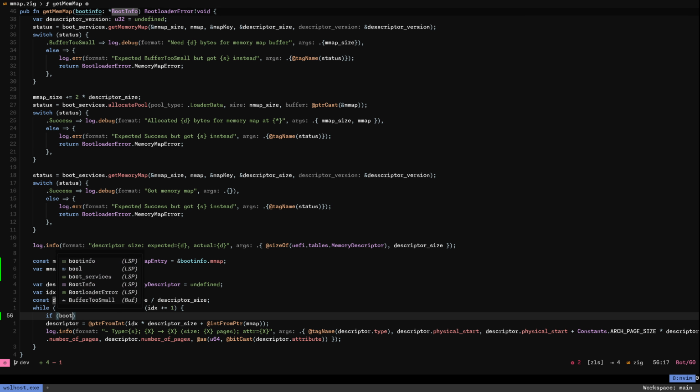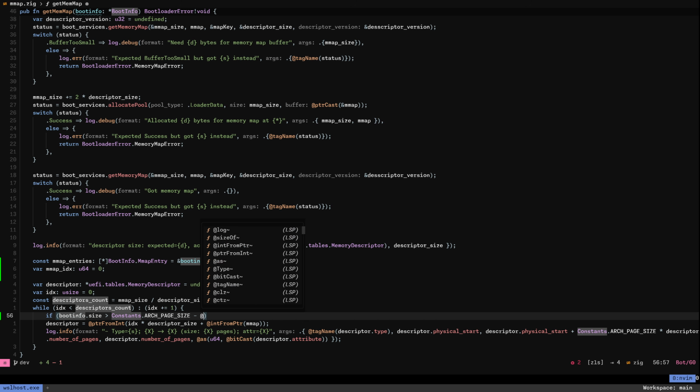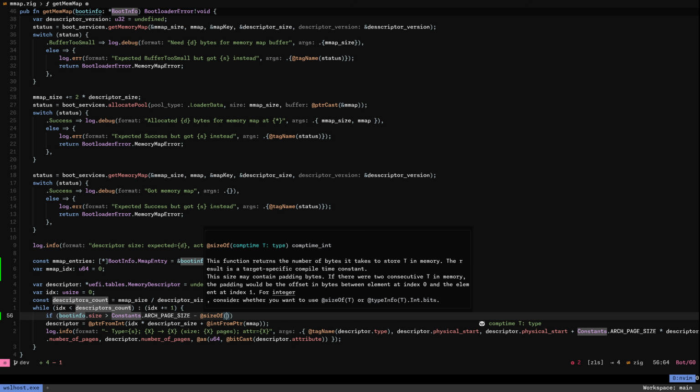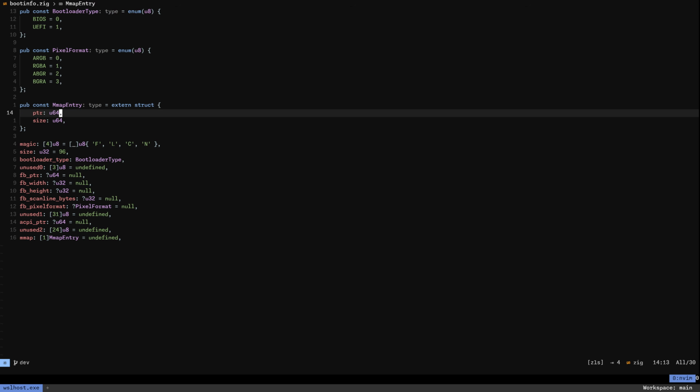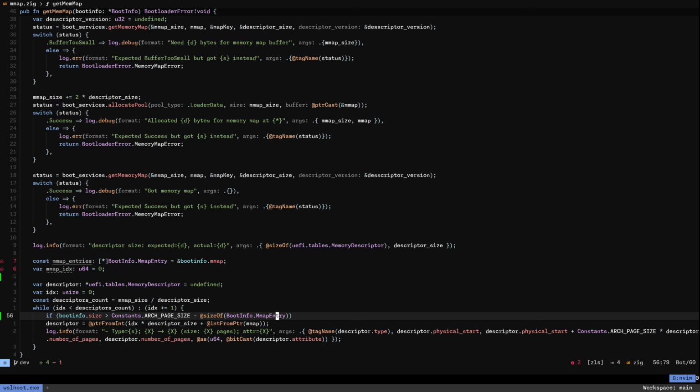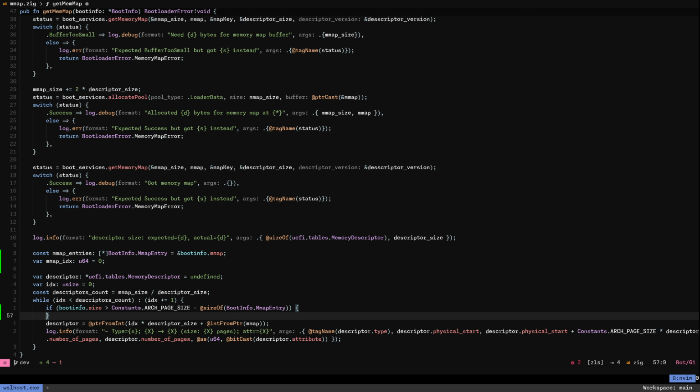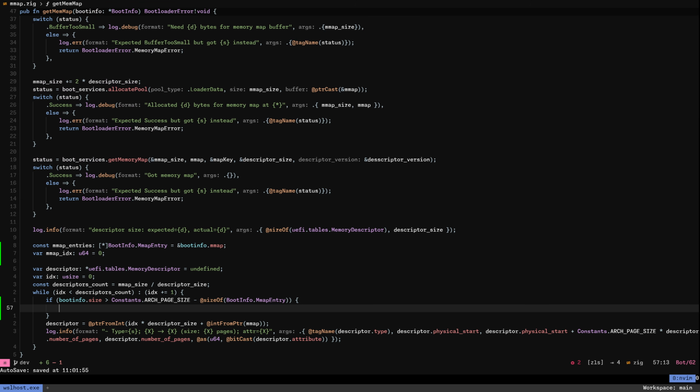So if boot info.size, we have a size on that, is larger than constants arc page size minus the size of what we are trying to write, which is size of boot info mmap entry. So mmap entry should be 128, 64 and 64, so 128. So if that is true, we would like to, first of all, return a